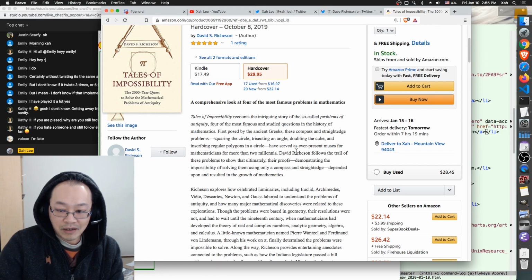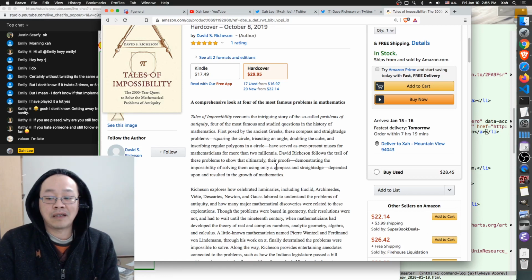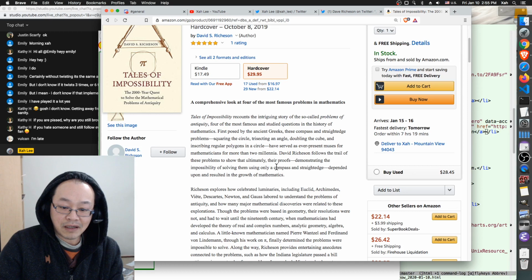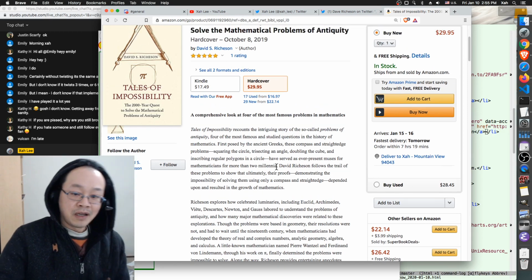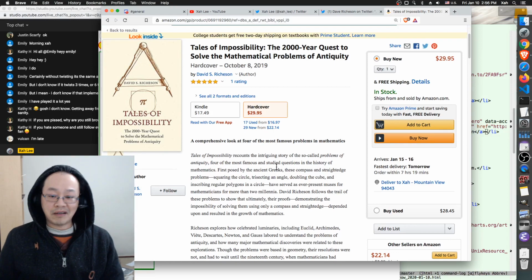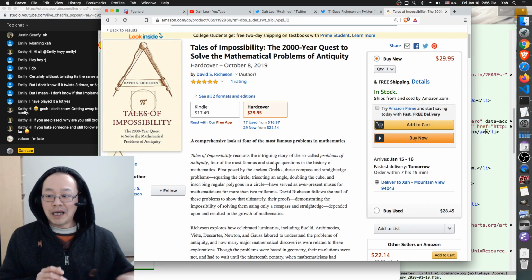David Richardson follows the trail of these problems to show that ultimately their proofs demonstrating the impossibility of solving them using only a compass and straightedge depended upon and resulted in the growth of mathematics. So in this book, he's talking about the history of these problems and how this history